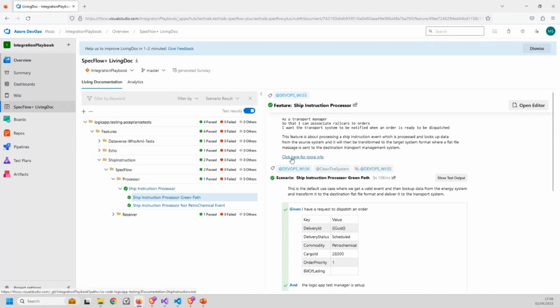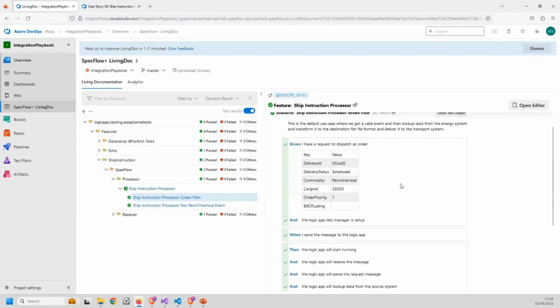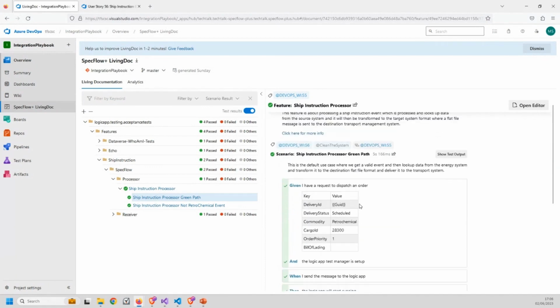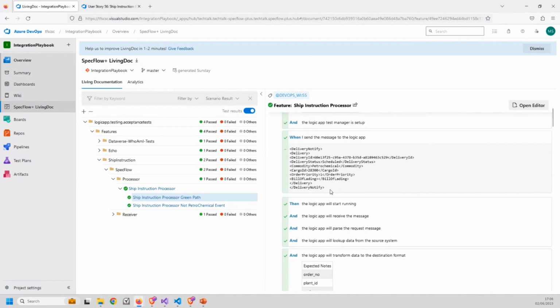This is the link to the MD file. So I can click on here to go and look for more info. I can click on these links. So that would open up the user story here about that particular feature. And then I can see here, it's easy for somebody, say a business analyst, to look at this documentation, see what's going on, see all of these steps, but then I can also show the test output and what I've been able to